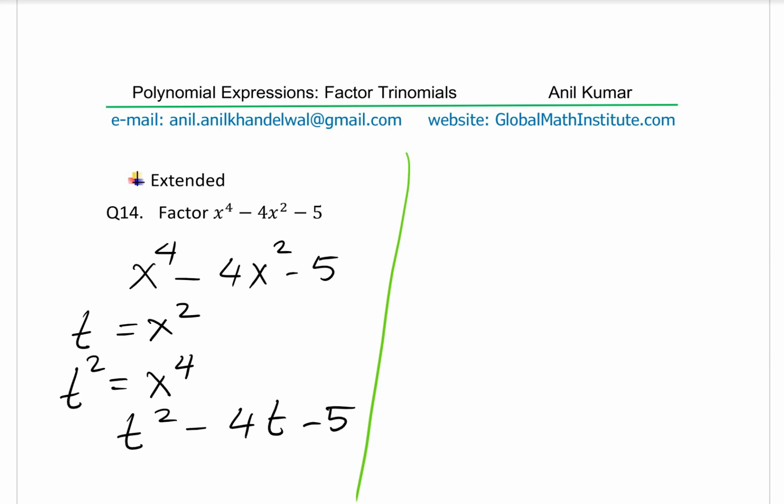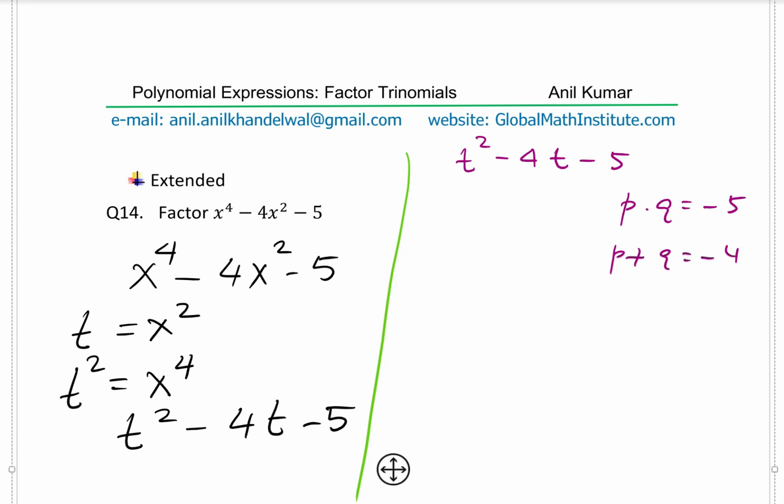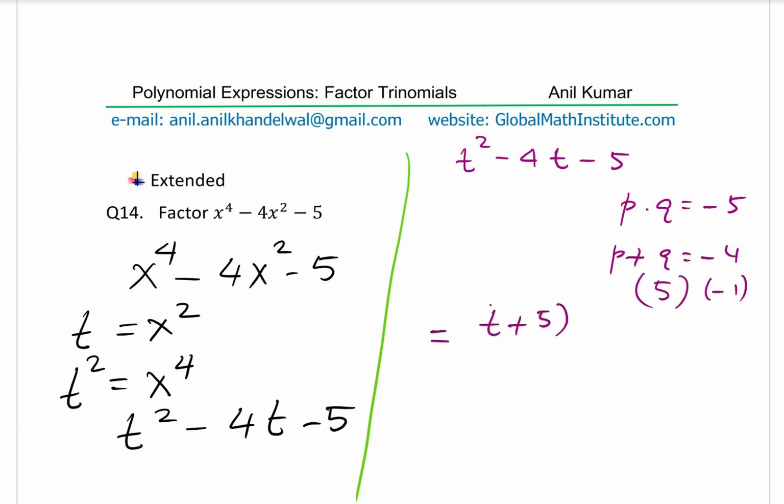So we are looking to factor t squared minus 4t minus 5. We need the product of two numbers to be minus 5 and the sum of the two numbers to be minus 4. The two numbers could be what? 5 and 1. 5 should be negative and 1 should be positive, right? So we have 5 and minus 1. That works. And therefore, we could write this as t plus 5 times t minus 1,